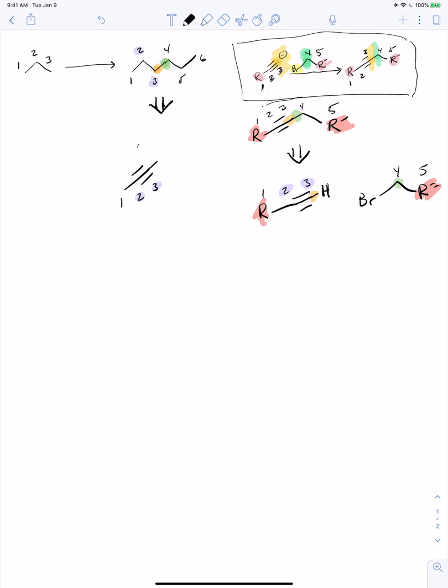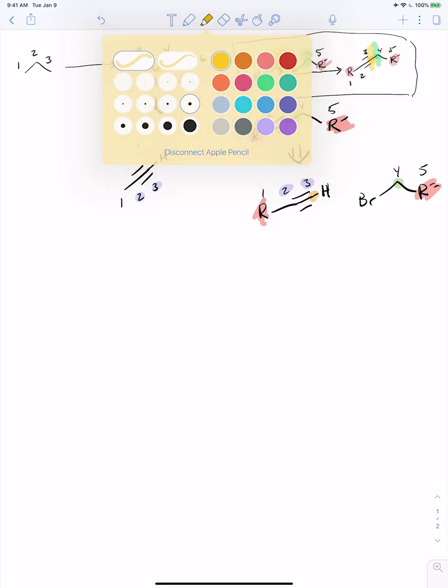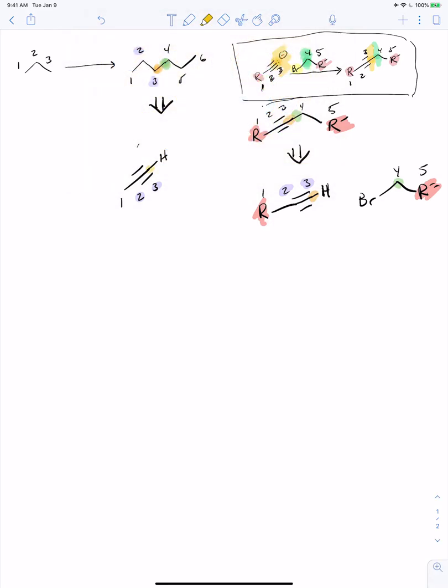And I'm going to put the protonated version. Hopefully it's clear how that gets deprotonated. All you have to do is treat it with LDA. And then on the other side, we're missing one little piece here. So that's that carbon. And on the other side, carbon 456, this other carbon fragment,